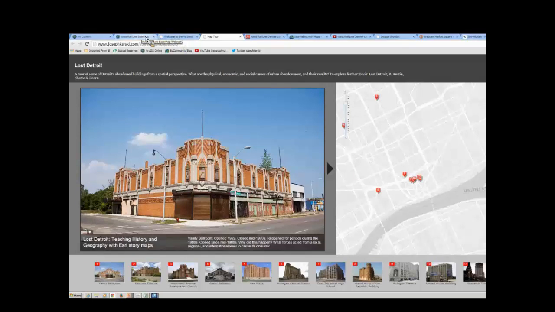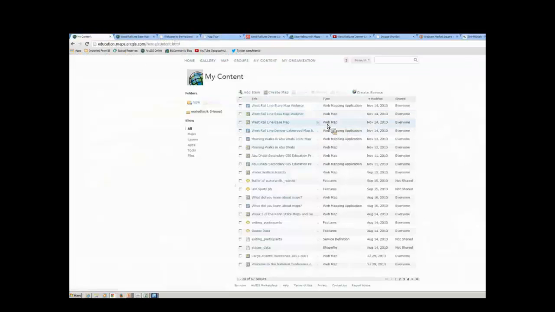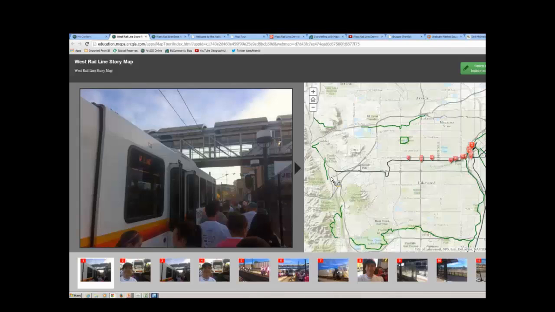The one that I showed here, let me show you the one that I created actually this afternoon, West Rail Line, because I want to show you the final product. This one, truly, it took bandwidth that I had. It took about 20 minutes to upload all the photos. But the base map was already there. Yeah, I earlier digitized the West Rail Line, but I didn't even have to do that. So really,